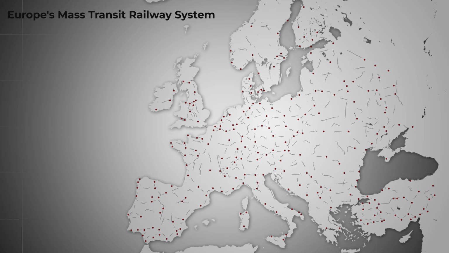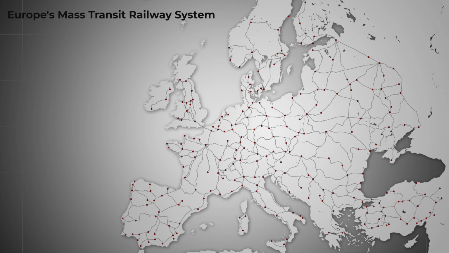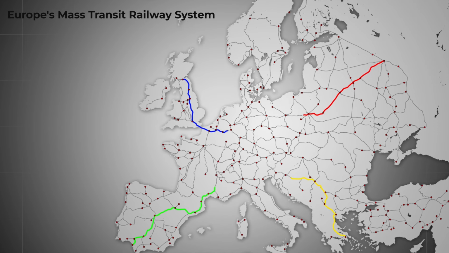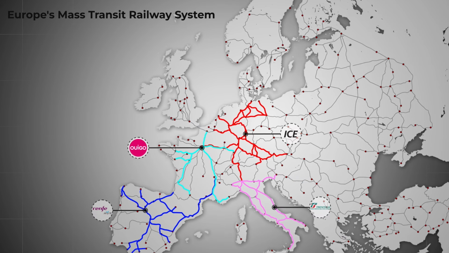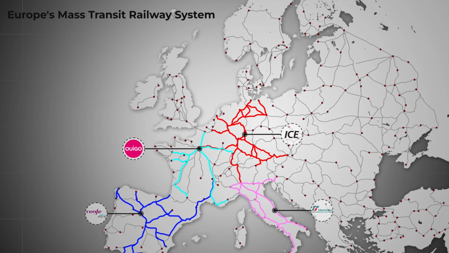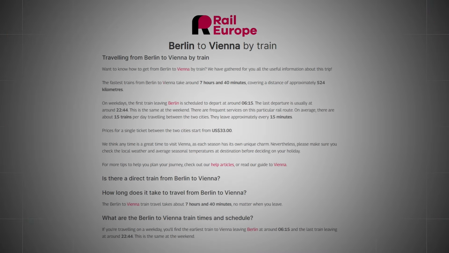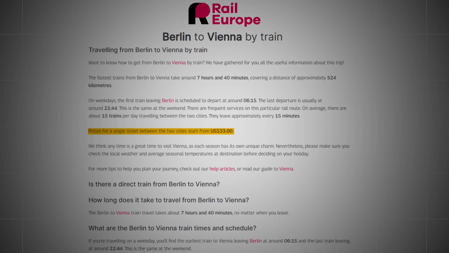Secondly, the compact size of Europe allows one to travel by train from one side of the continent to the other. Initiatives such as Interrail make this not only possible, but also affordable. There are also plenty of coach companies operating across all of Europe, ready to take you to your chosen destination at a very low rate. For example, a single trip from Berlin to Vienna could cost you as little as €30, or $33 if you